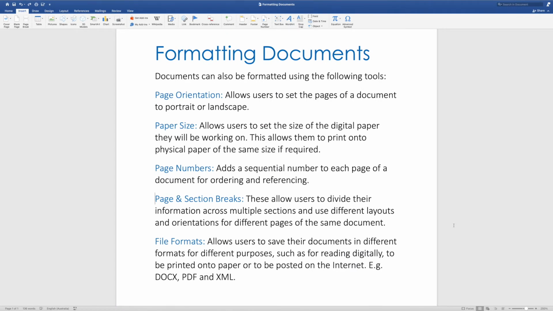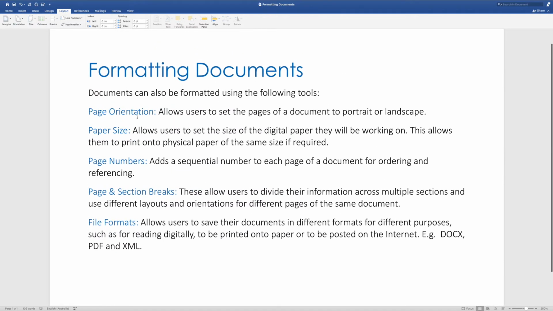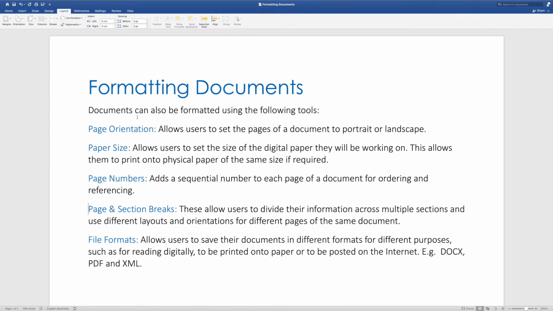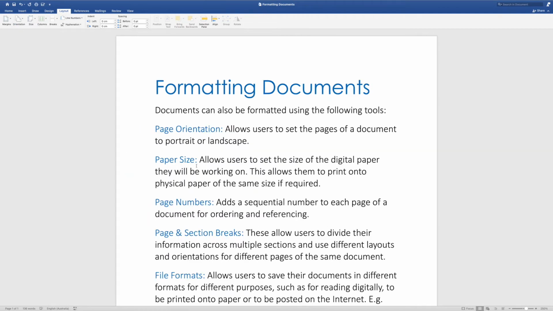So firstly, in order to change the orientation of my page, I need to go to the Layout tab, and I'm going to select Orientation. And here you can see from the drop-down menu, I've got either Portrait or Landscape. So right now it's in Portrait, here it is in Landscape. All right, and then all my pages in my document will then be set to Landscape. So I'm going to jump it now back once again to Portrait,